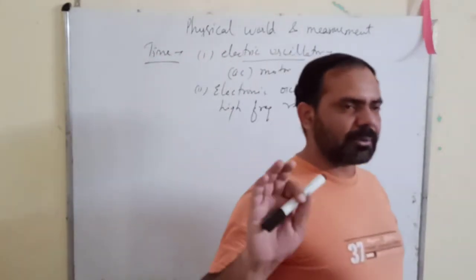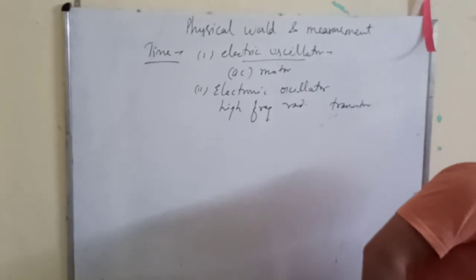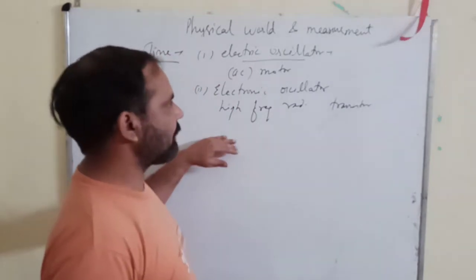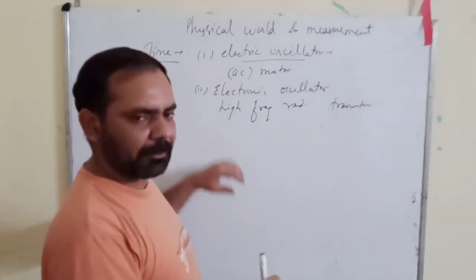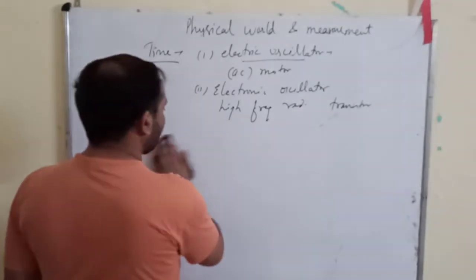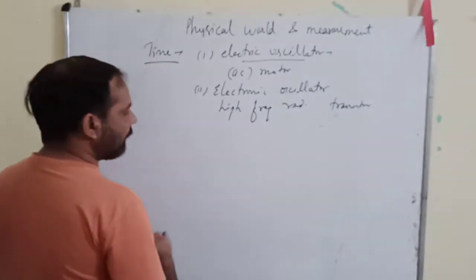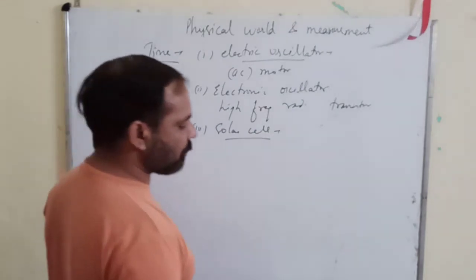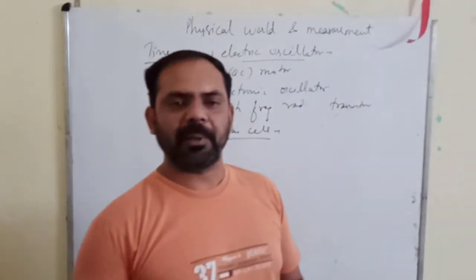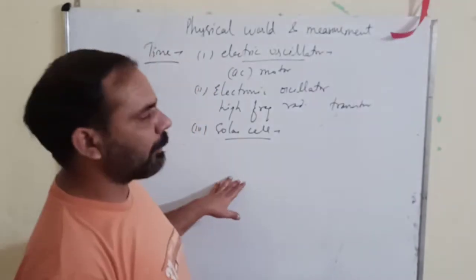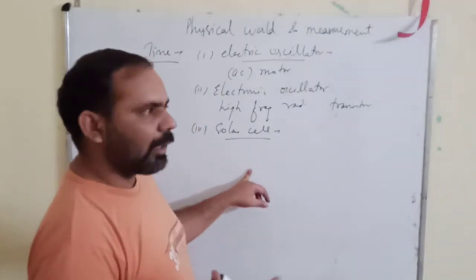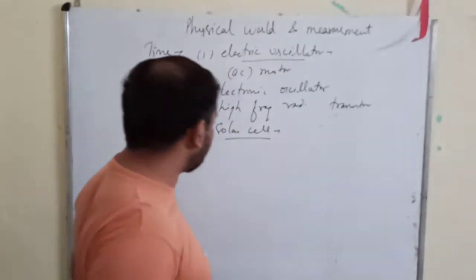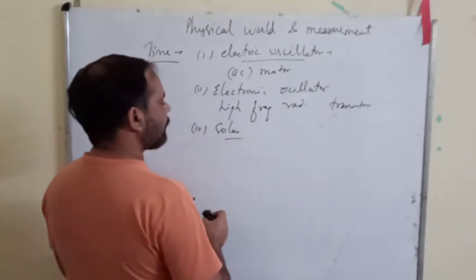I'm just trying to give you a superficial knowledge of all these things, not going into the depth, right? Our theme here is just to discuss what the different methods of measurement of time are. How they work is not part of our syllabus. Now the third is the solar cell. As we know, the Earth revolves around the sun and repeats its motion, so that revolution of the Earth can be used for measurement of time. However, sorry, I wrote this as solar cell. It is not a solar cell, it is a solar clock.